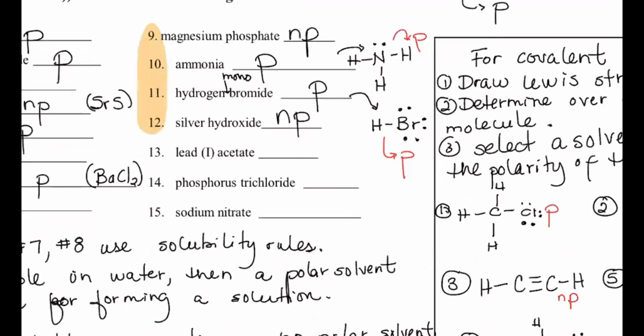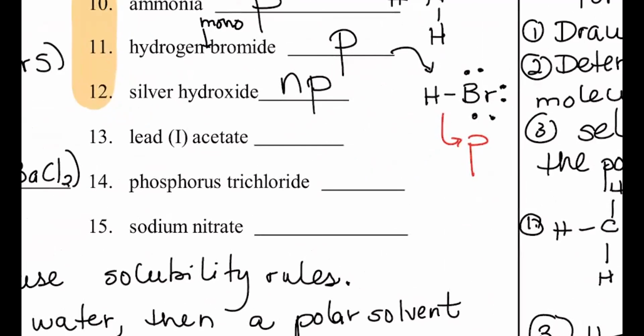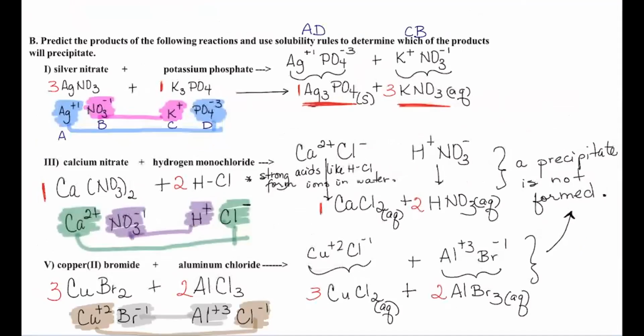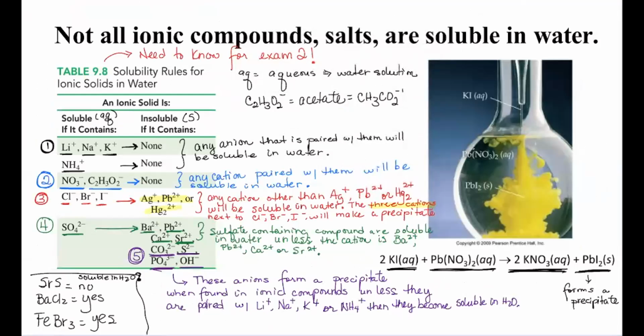So we have lead acetate, okay? So for lead acetate, are we doing Lewis structure or are we using solubility rules? Let's determine that. For lead acetate, are we doing the Lewis structure or are we using solubility rules? Excellent, solubility rules because we have an ionic compound, okay? So we go here. Then we have to say,